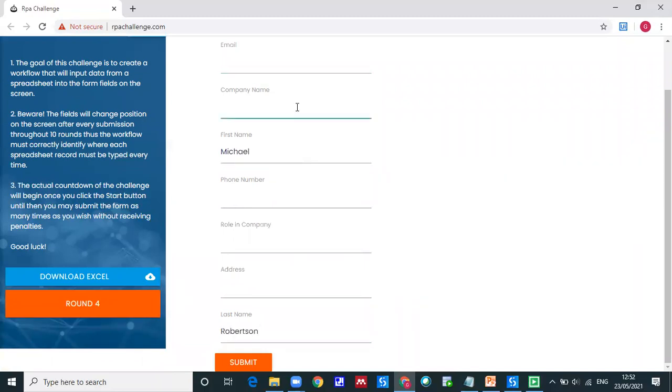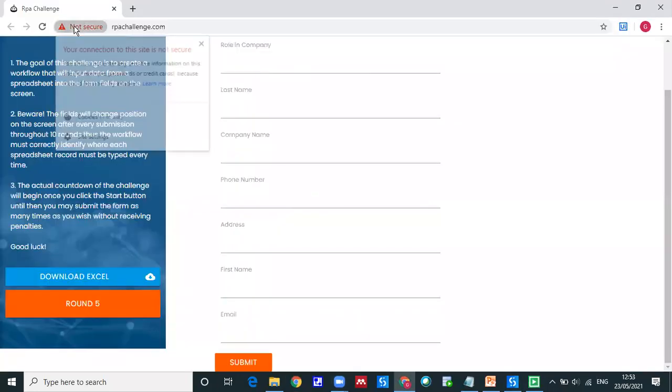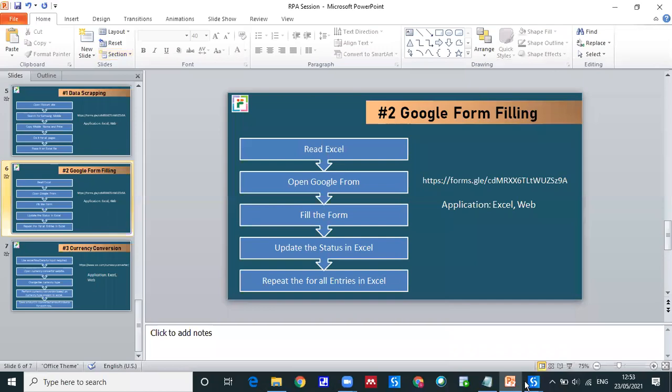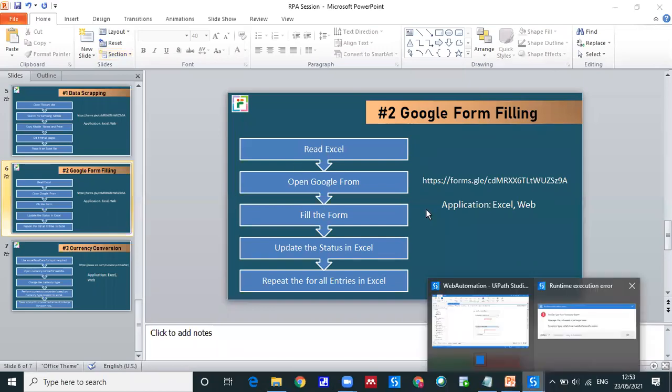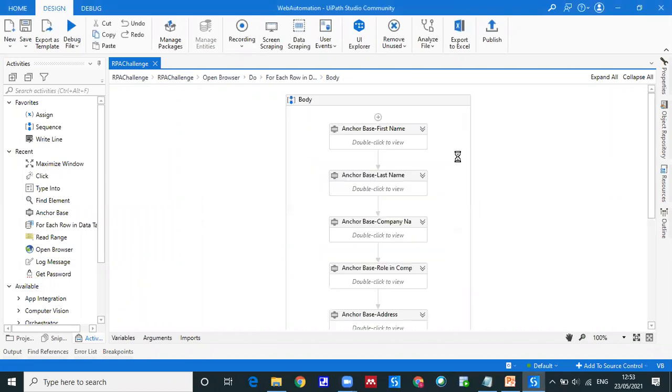Okay, sir. So it is not writing correctly. Some fields it's missing. In the case of address, it's not finding the address correctly. Email address is missing. Let me stop the bot because it's writing in the wrong way. So this is how we need to fix the issues. We need to check everything, whether we have written it correctly or not. For the first time, it is correctly writing.